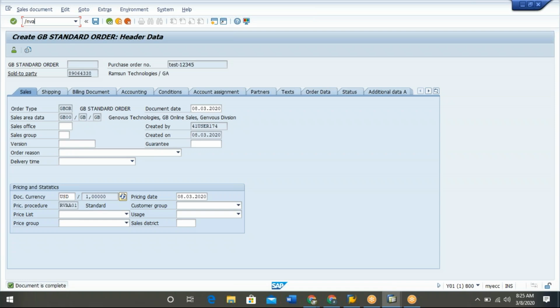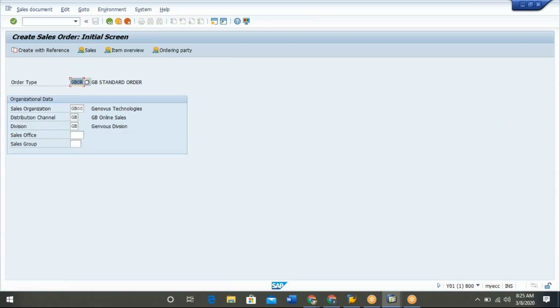Okay, what is the T code for creation of the sales order? VA01 is for creation of the sales order. Okay, so to create the sales order, what do you need? You need order type, sales document type, and then you need your organizational data. So in the very first screen, to create a sales order, you need to specify what kind of order type you are going to create,